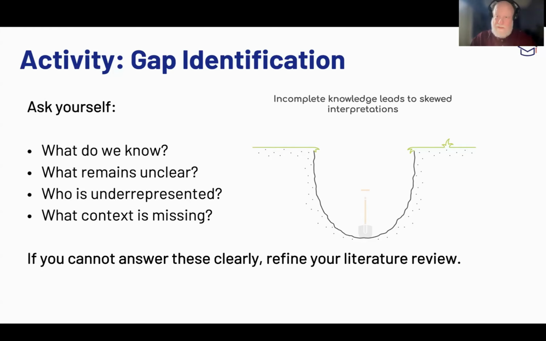So where your chapter 2 ends, your chapter 1 now begins, because you've taken us on a journey through the literature down to something very specific that needs to be addressed, or is controversial, or is unclear, or is underrepresented, or involves populations that may be underrepresented. Could be contexts and environments that are missing. So where that literature review ends, chapter 1 begins. And now you can take that gap to the top of chapter 1 and then derive the problem statement from that gap.